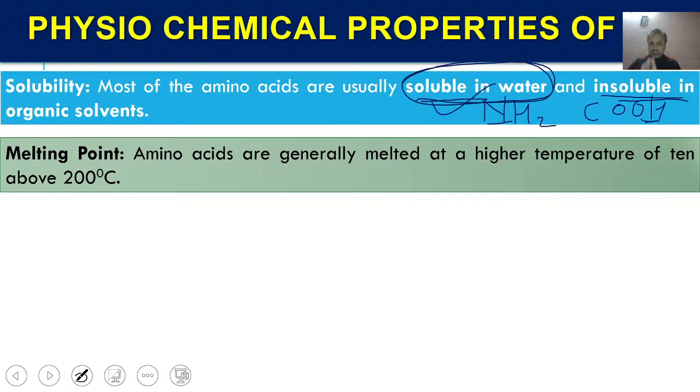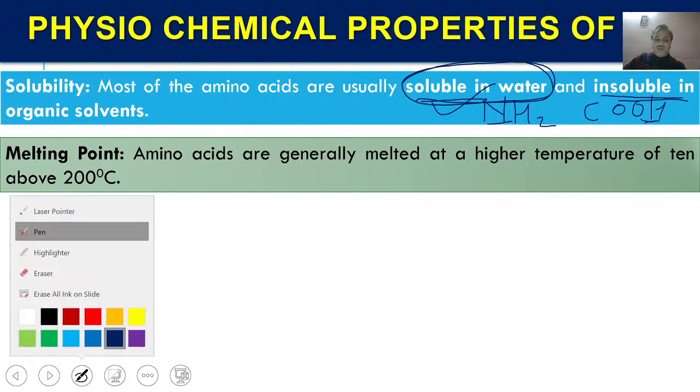This is called the melting temperature. Remember, amino acids have a very high melting temperature, more than 200. Now, solubility: again, I will tell you, any compound or chemical which has a tendency to form hydrogen bonds with